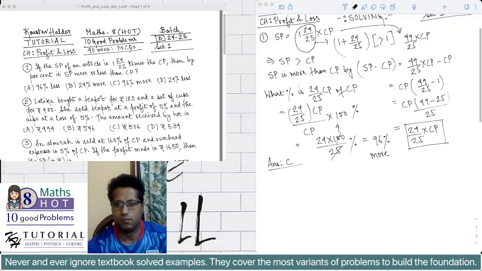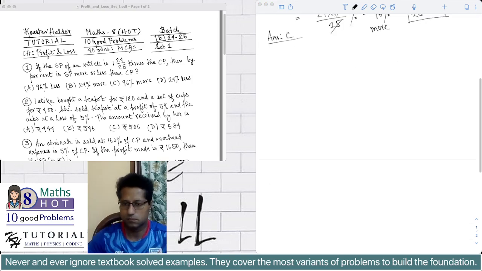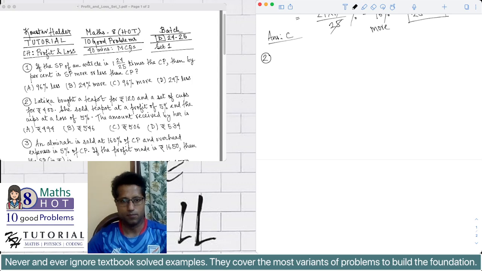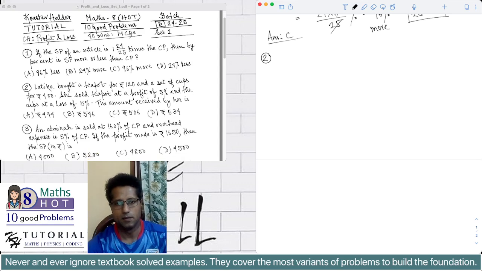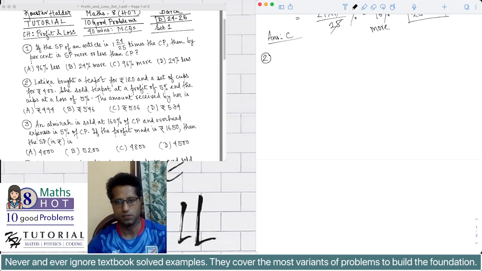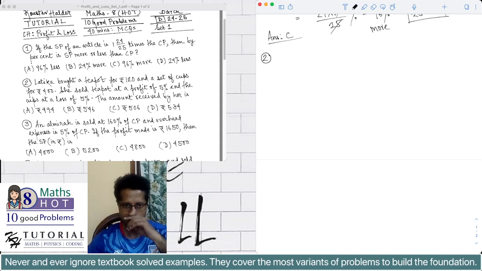Let's do problem number 2. Latika bought a teapot for rupees 120 and a set of cups for rupees 400. She sold the teapot at a profit of 5% and the cups at a loss of 5%. The amount received by her is,